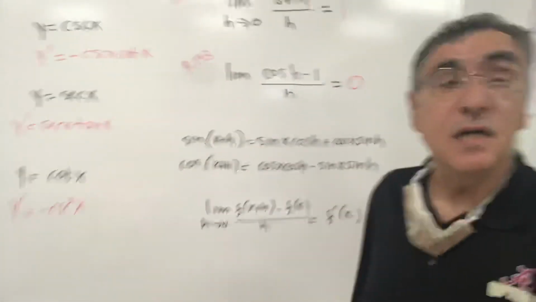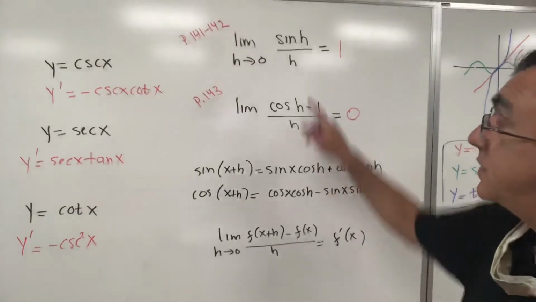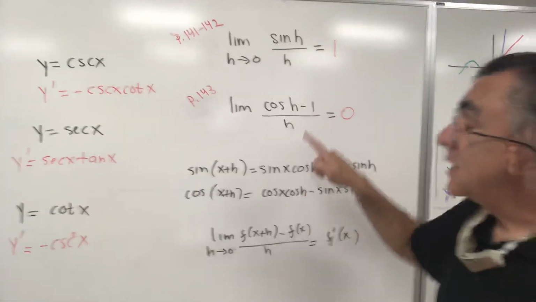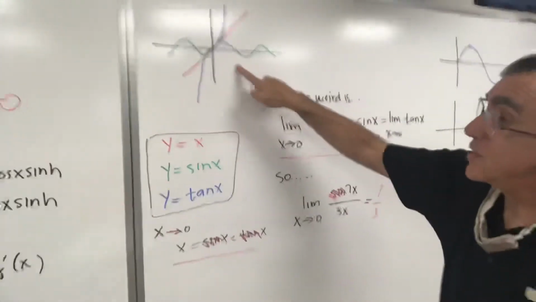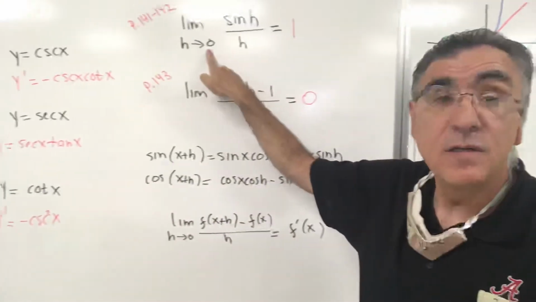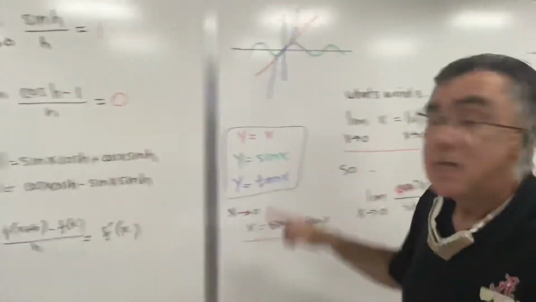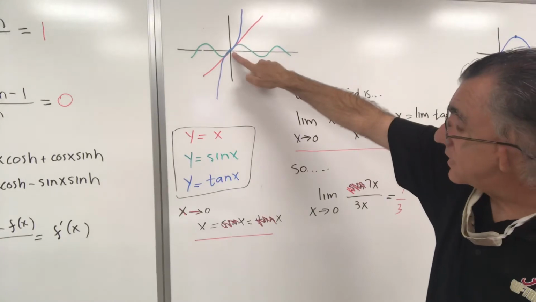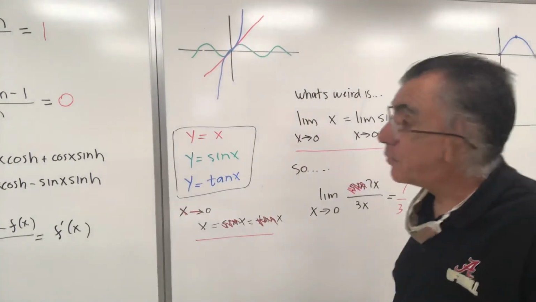So you guys, one of the things we're going to need for the proof is this. It's true only around the origin. It's got to be going to 0. It's got to be going to 0 there, right? And you can see graphically that it has to be true. But the proof is